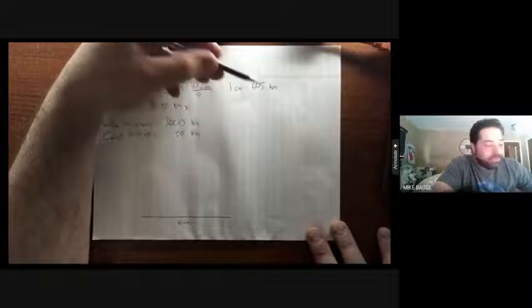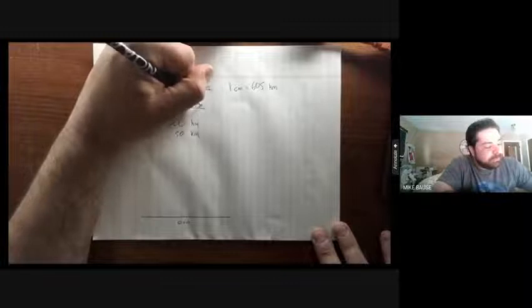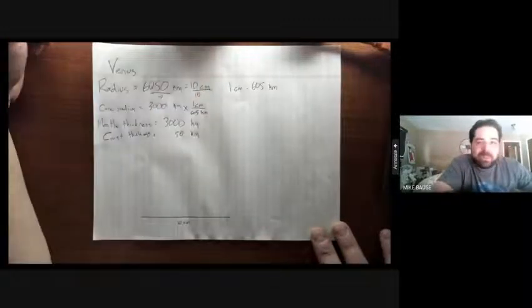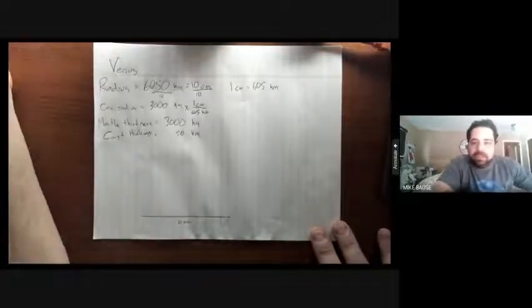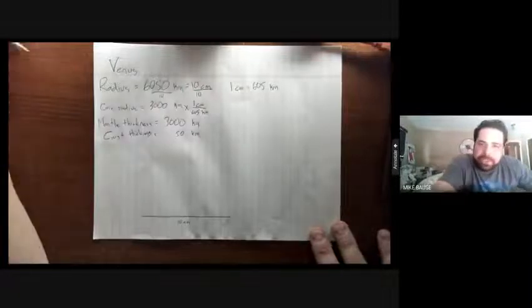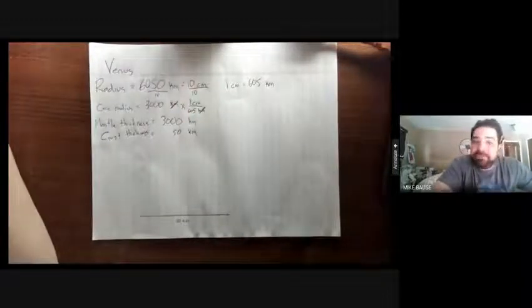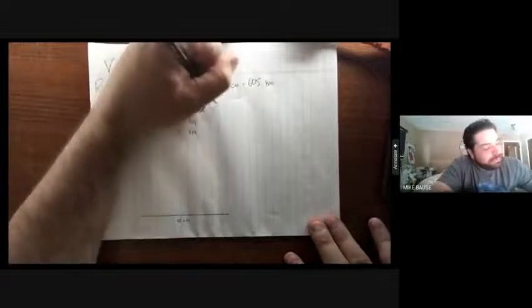Since these are equal to each other, I can quite literally set it up as a fraction, 1 centimeter over 605 kilometers. That's just like saying 20 over 20 or 10 squared over 100. They're equal to each other. So because they're equal, I can set it up like this. I can then cancel my kilometers. And so what I have now is 3,000 divided by 605. What you end up getting is 4.96